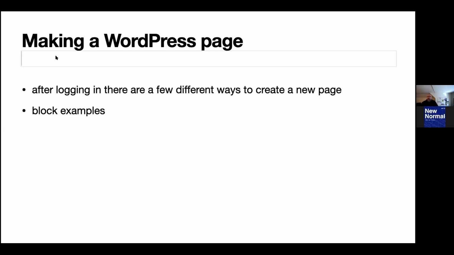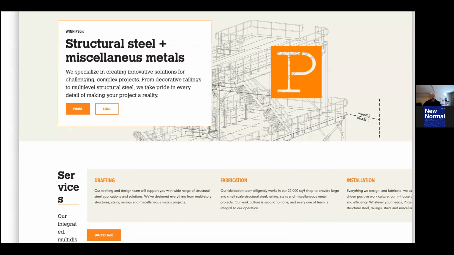Now, if you have an old site, how would you move it to the new editor? One way you could do it is just change themes. So you could change themes to one that supports the new editor. You can check them out with the core themes. And so, to change themes,